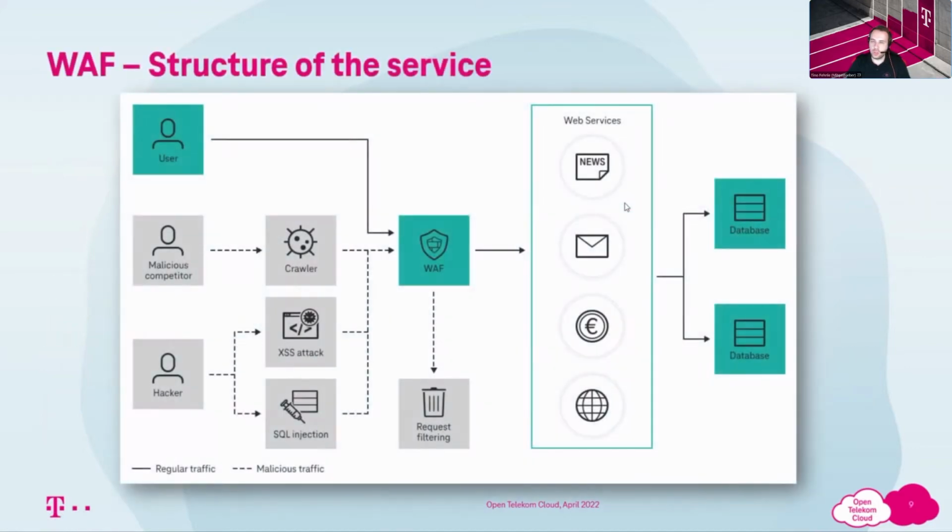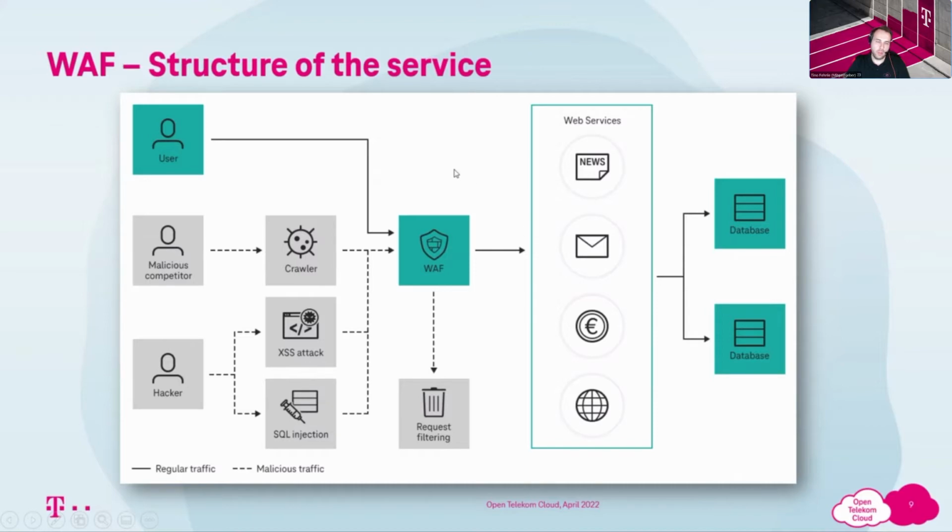Regarding the structure of the WAF, basically the WAF considers traffic as either regular traffic, which is the full line, or malicious traffic, which is the dotted line. When the user wants to access web services, like a news site or a financial portal, whatever you name it, the WAF is analyzing the traffic. You see in green the user. This is legit traffic, meaning the WAF identifies, okay, this traffic is good, and will forward it to the